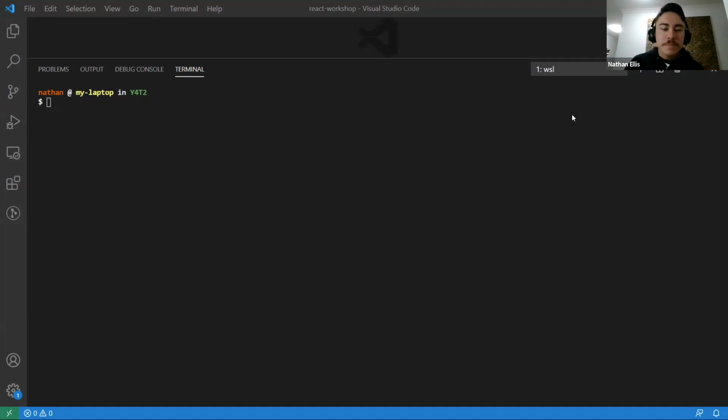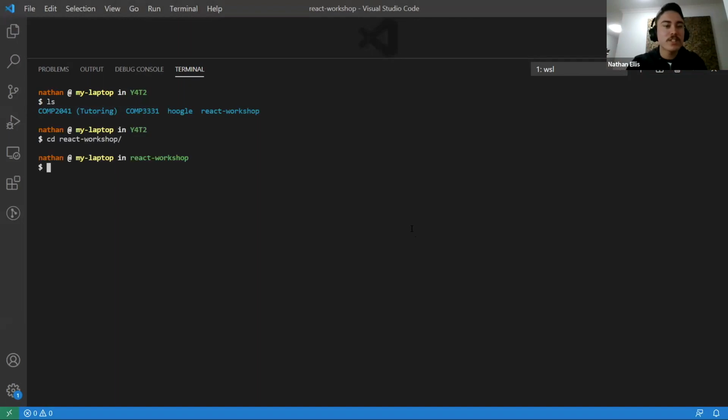Cool. So we've pretty much finished introducing what React is. We've also looked a little bit at what Node is and how we can create our React application. So what are we going to do in here? Well, if I go into the React workshop folder,